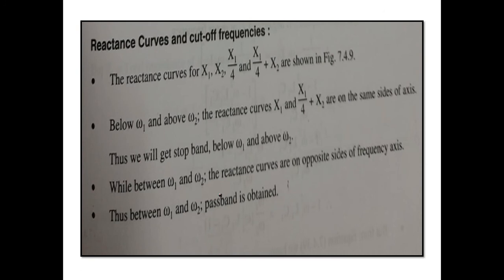The next point: the reactance curve and the cutoff frequency. Then what are the different parameters we learned while seeing the equations or derivations in the band pass filter? The reactance curve of X1, X2 and X1/4 plus X2. See, below ω1 and above ω2, the reactance curves X1 and X1/4 plus X2 are on the